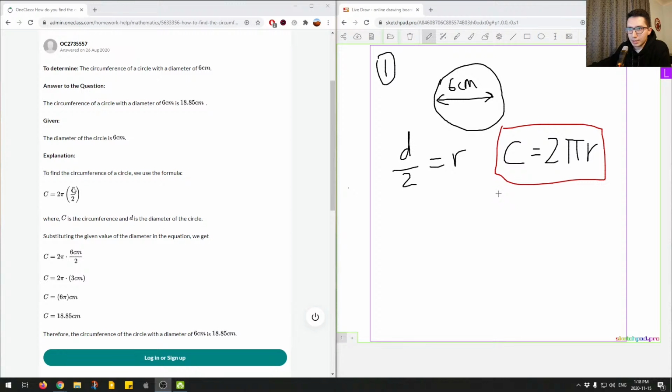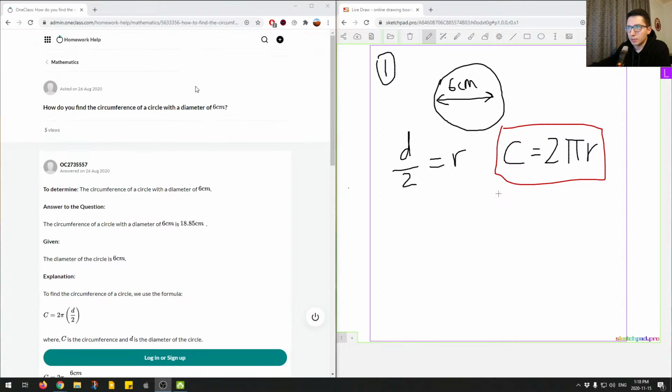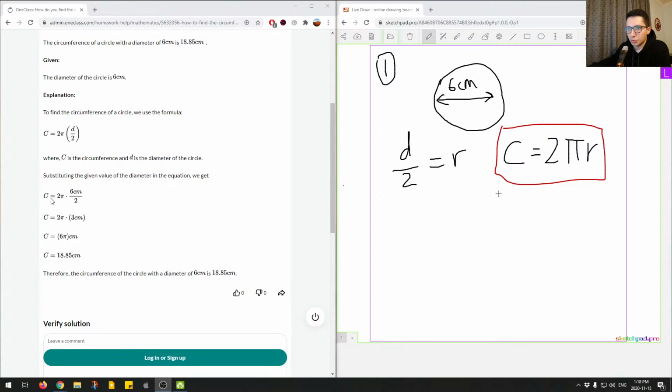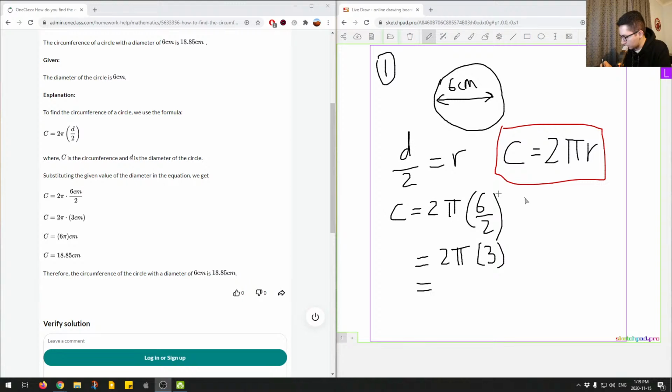So right away we can see that diameter is given in the question, and we'll substitute that in to get to our final answer. So we can see the junior tutor went with these steps, so let's go through them on the side over here. So we have C equals 2 pi, our diameter is 6 centimeters, and divided by 2. So we know here we have 2 pi times 3. 6 divided by 2 is just 3. And then we have 3 times 2. So we're going to multiply this 2 with this 3. And we'll end up with 6 pi